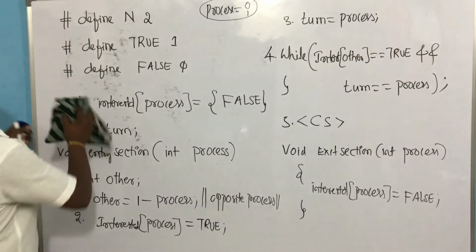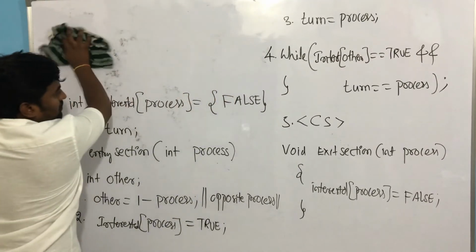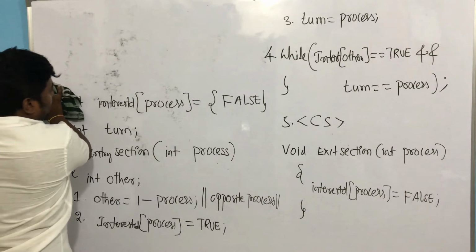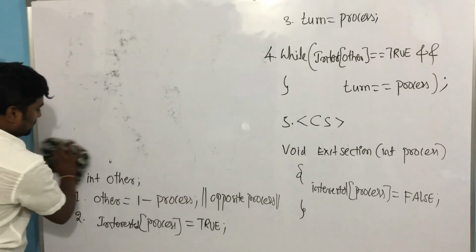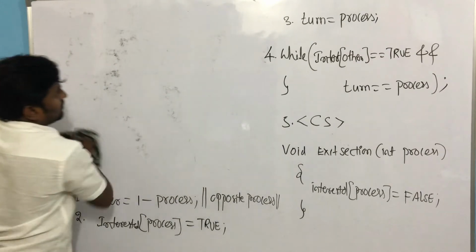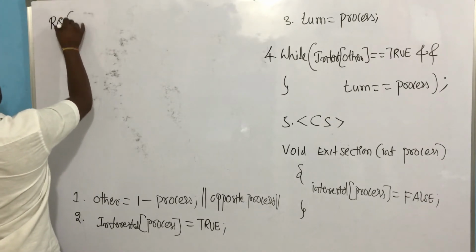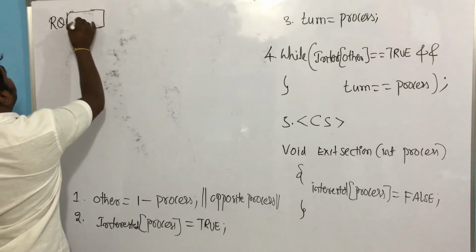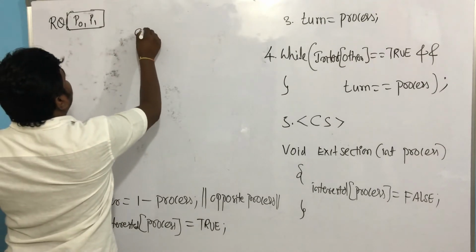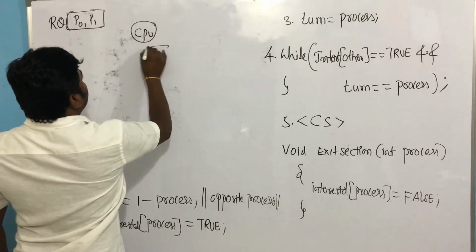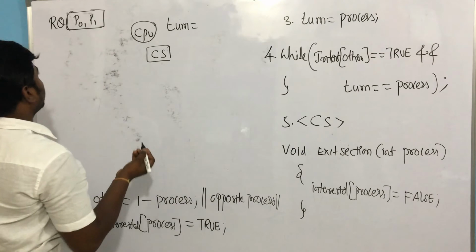So let me take the tracing point here. Anyway you have copied, right, stepwise. There are 2 processes. So these steps I will keep. Look, in a typical concurrent environment, the ready queue has 2 processes. Let's take P0, P1. There is the ready queue and the CPU for execution here. And this is the critical section. Assume that this is the critical section. I'll also use the turn variable. The turn value is not yet initialized here.